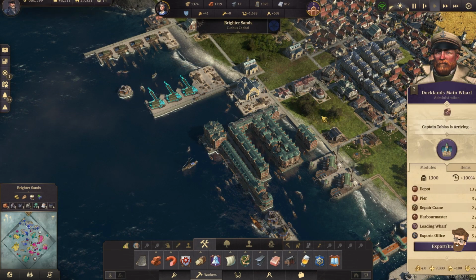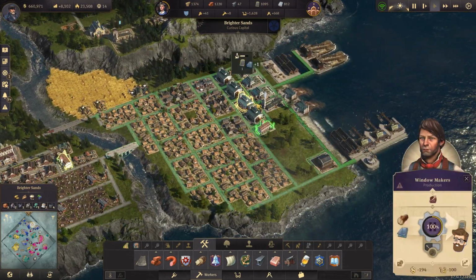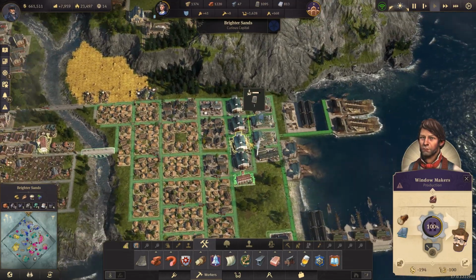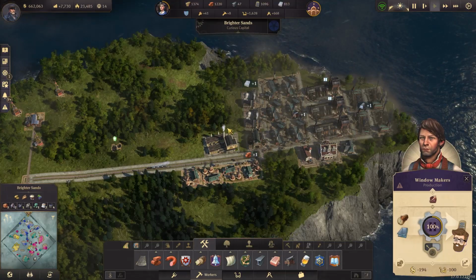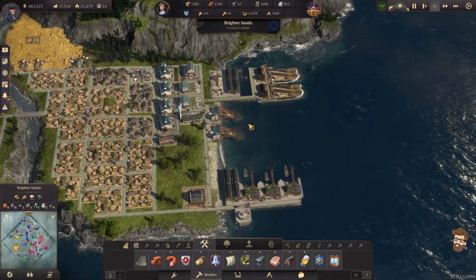How's my window production doing? I think my window production's way down here. Note, this area is not energized. However, if I wanted to move them up to my power plant area, I really could. In fact, hang on. The way I've got this set up right now with my...